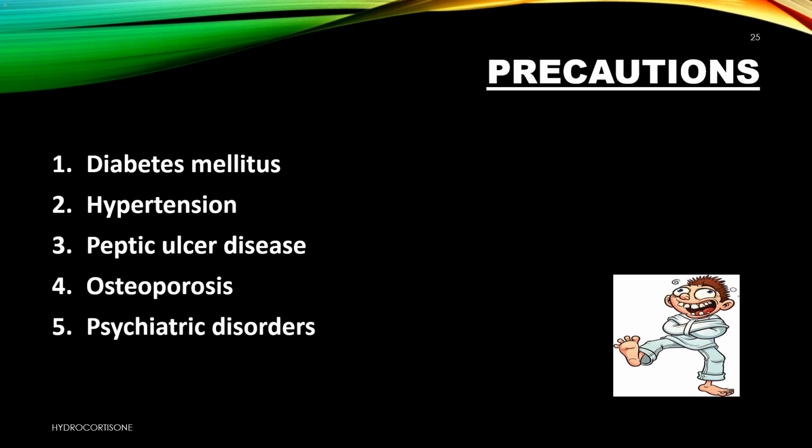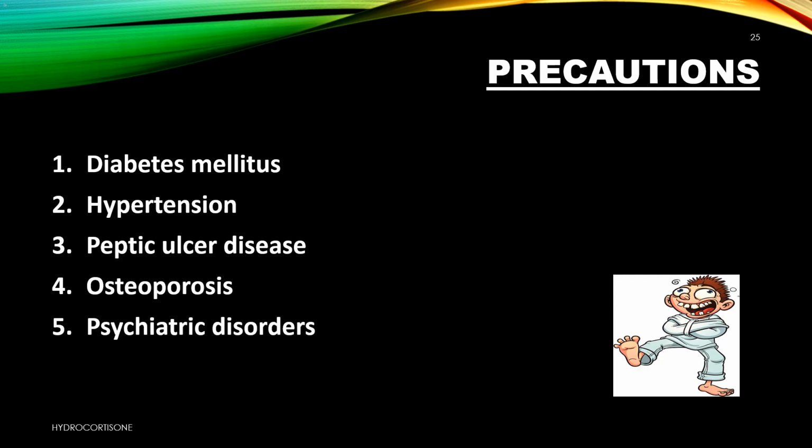Precautions with hydrocortisone. 1. Diabetes mellitus. Hydrocortisone can worsen glycemic control in patients with diabetes, requiring close monitoring and potential adjustments to diabetes management. 2. Hypertension. Patients with hypertension should be monitored closely, as hydrocortisone can cause fluid retention and increase blood pressure. 3. Peptic ulcer disease. Hydrocortisone may exacerbate peptic ulcer disease, and patients with a history of ulcers should be treated